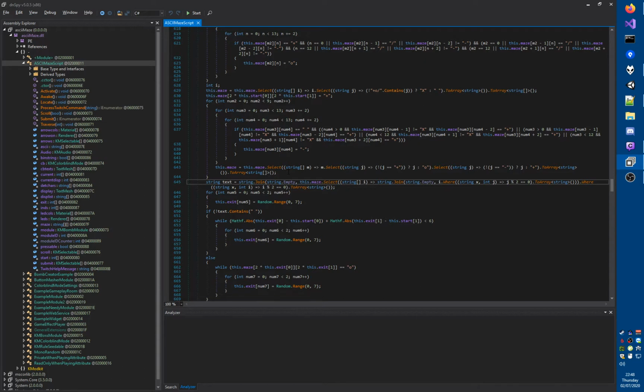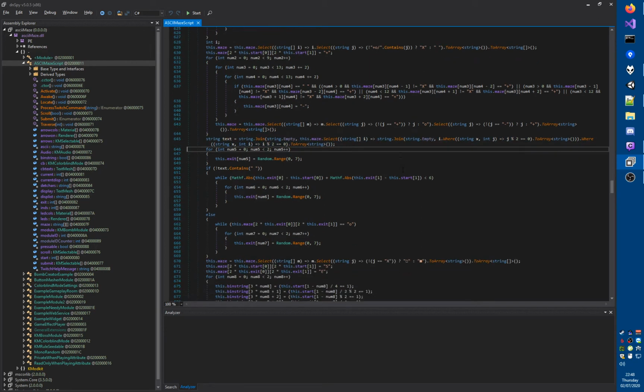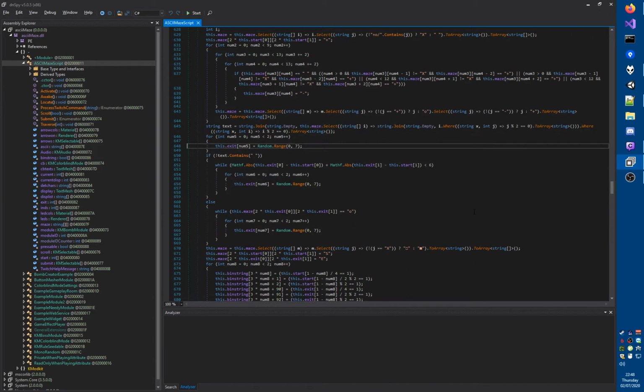Let's see, a string text equals, now it gets interesting. So what do we do here? I think this just puts the maze together into a single string. This dot exit. Oh, okay, and now it chooses. Wait a second. Okay, so once again, this is a random coordinate, and we have 2 coordinates, x and y. And so the exit is decided at complete random